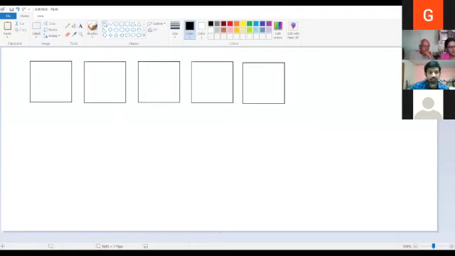Okay. When I ask this question, the most obvious answers that I get will be this. So one is dividing the square like this. Okay, I'm not doing it very accurately, but you get the idea. You can divide the square into four horizontal strips, or you can divide it into four vertical strips.